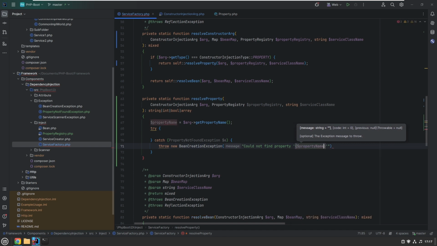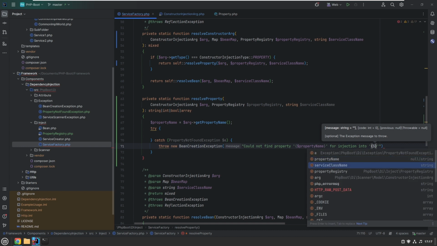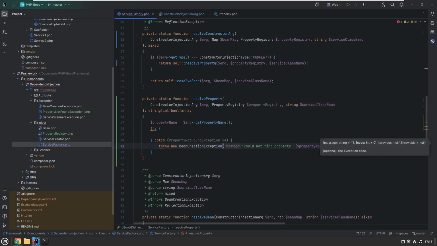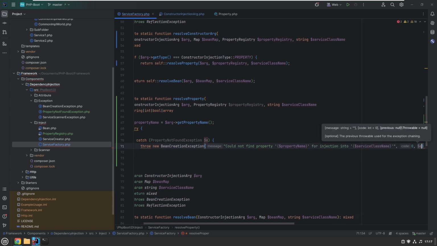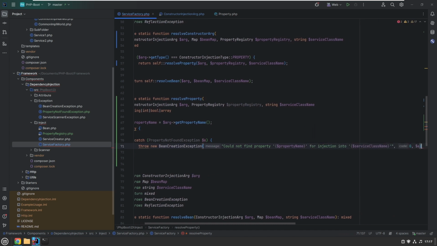So we'll say property name for injection into, and then we'll pass our class name. We'll give it a default code of 0 and we'll pass in our property not found exception as well